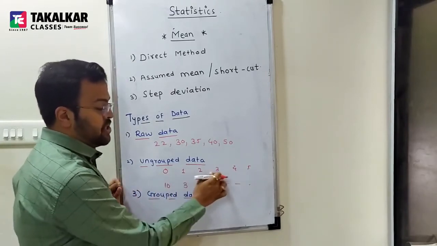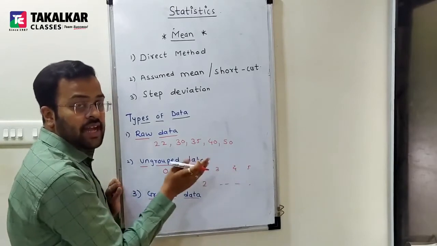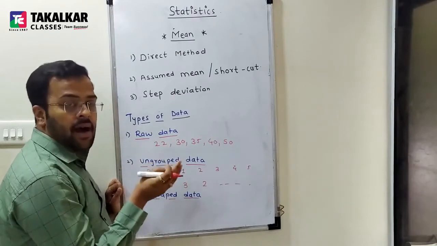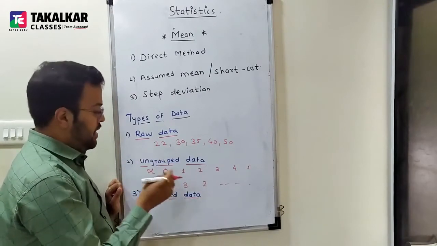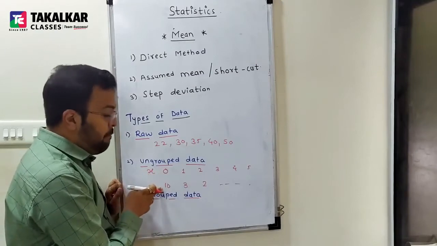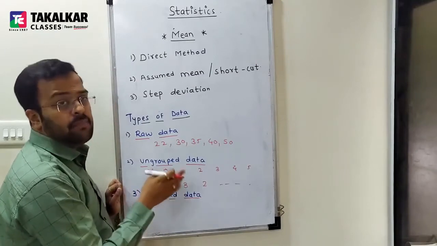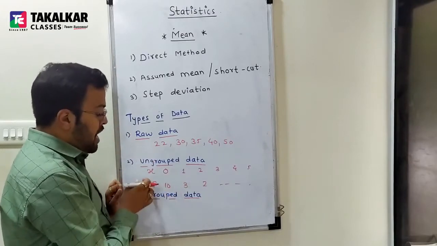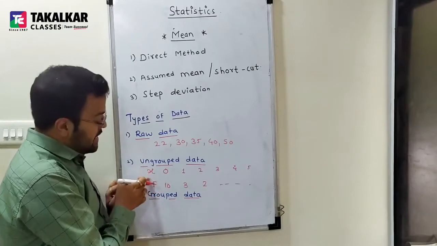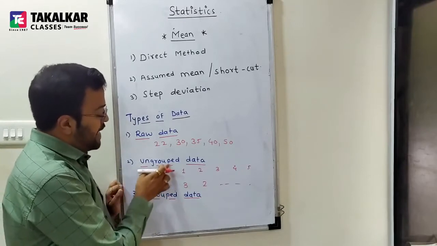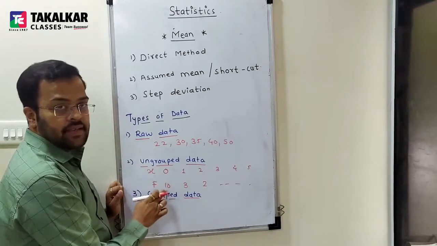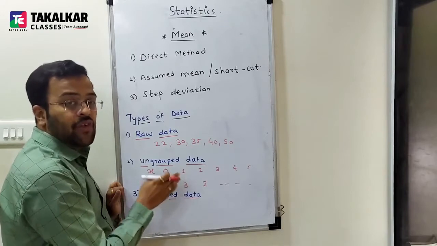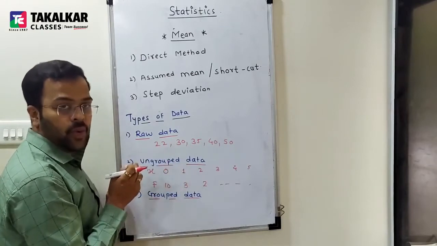Now this is my observation, marks. I am differentiating the data with respect to marks. So this is my X. So always marks, height, anything will be your X, and the number of student, number of person, number of worker. Whenever number word will come, that is your frequency. Now what is meaning of frequency? This table clearly shows that 0 marks मिलाने वाले कितने बच्चे थे? 10. 1 mark मिलाने बच्चे कितने थे? 3. So this is frequency which repeats. It is known as frequency.